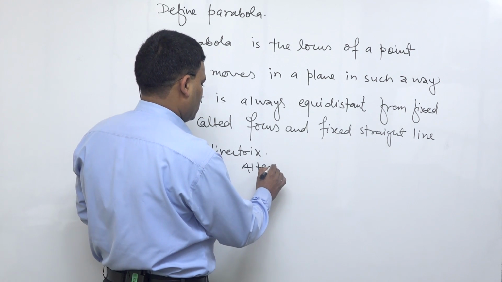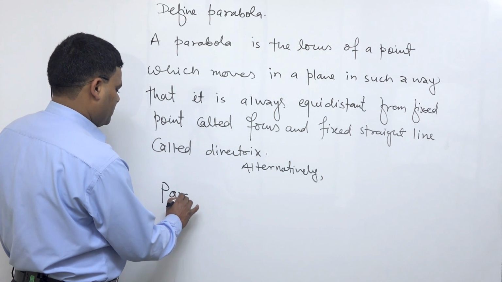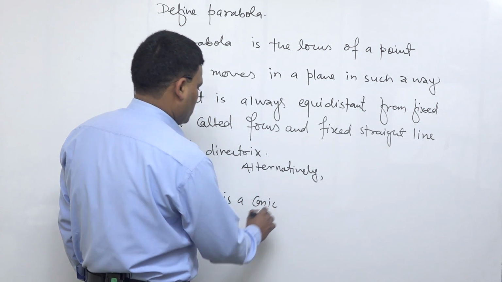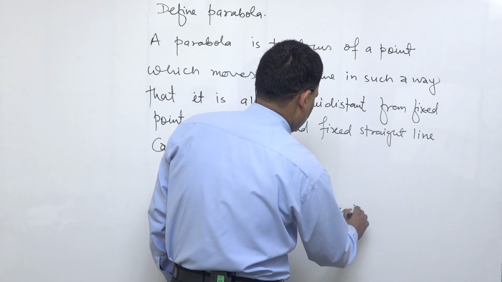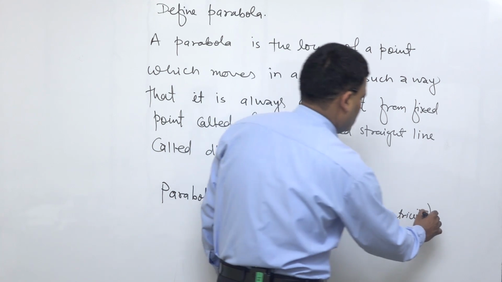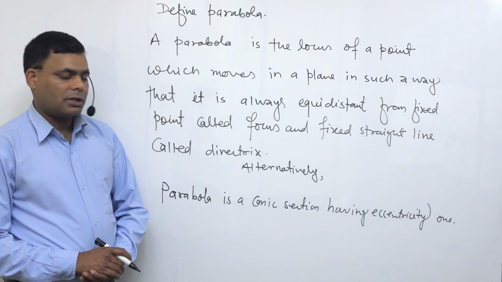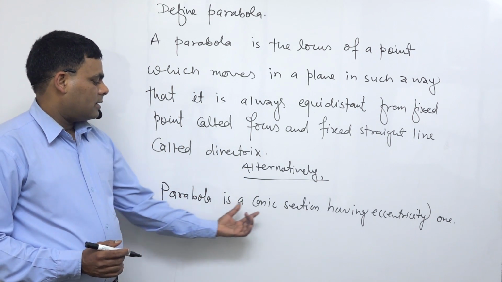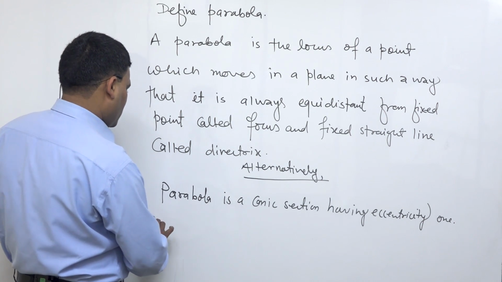Alternatively, a parabola is a conic section having eccentricity 1. In this way, we can alternatively define a parabola as a conic section having eccentricity 1. As a remark, note